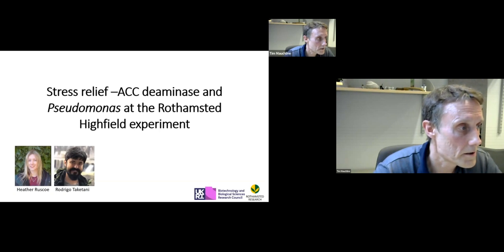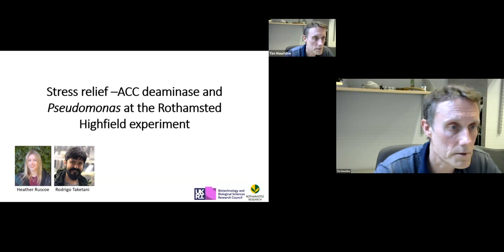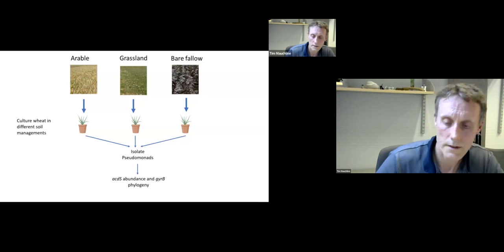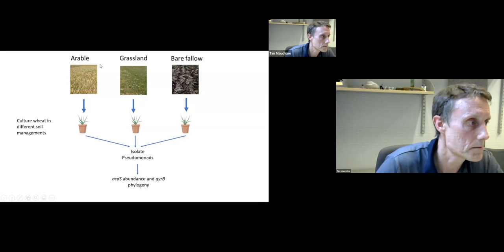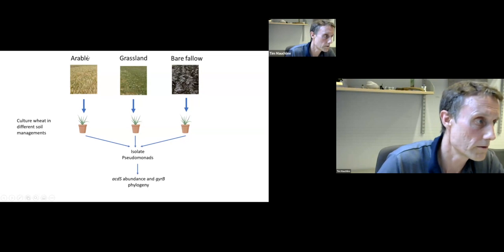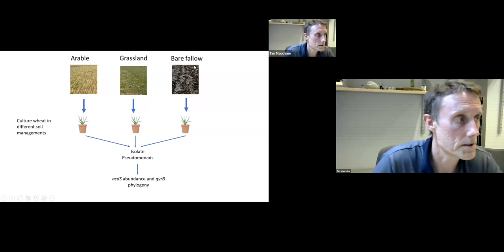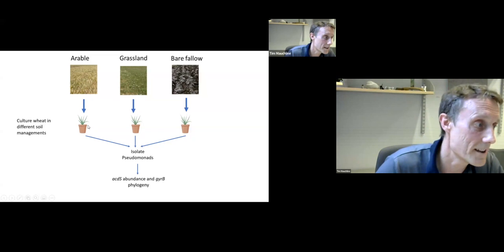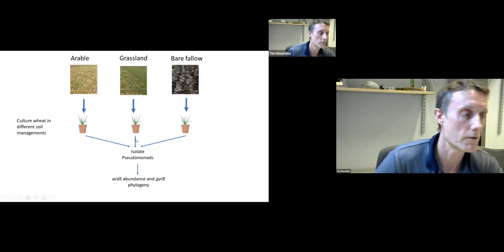So yeah, firstly, to move on to the ACC deaminase study. This was done at the Highfield Experiment at Rothamsted. Just as a reminder, in the Highfield experiments we have these different land uses. For this particular study we collected soil from the continuous arable, continuous grassland, as well as the continuous bare fallow, brought that back to the lab, grew wheat plants in it, and then isolated Pseudomonads from the rhizosphere, the bulk soil, and the roots of these